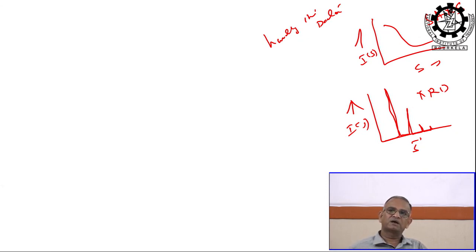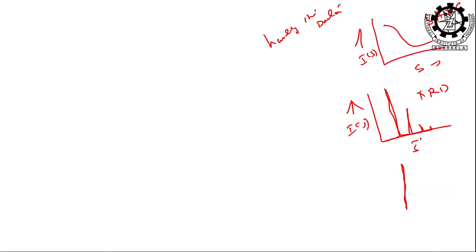Why are you getting peaks for XRD, not for the small angle? In small angle you are not getting any peak, but in wide angle you are getting peaks, right. If it is a crystalline sample, of course, you are getting the peaks. But if it is semi crystalline, not exactly peaks, there is some broadening corresponding to the amorphous part, right. Semi crystalline means partly crystalline, partly amorphous, but if it is crystalline then only you will get these sharp peaks without any broadening.